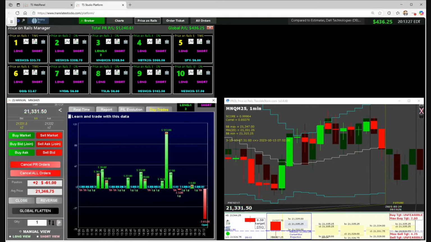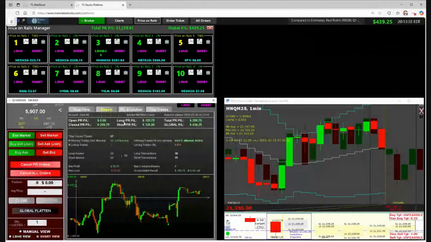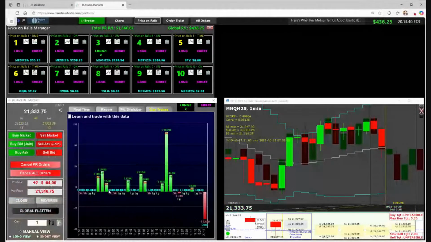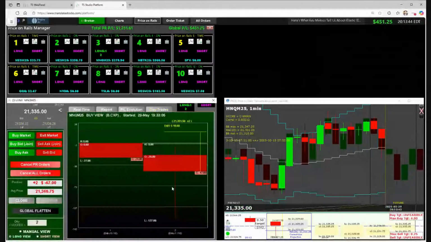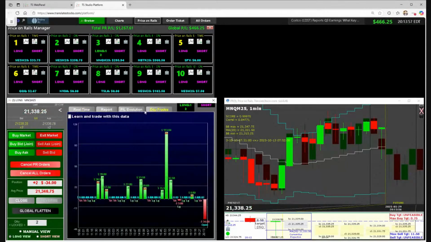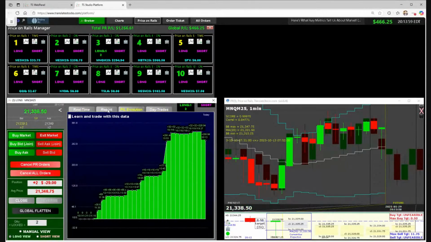And we have an exit on the first strategy with the MES, so we don't have that open position here anymore. This is the MES, and this is the MNQ, and we have these 2 contracts open. As I told you, we can go up to 16 different contracts, so it has a long way to go in this strategy. But this is the P&L, this is the evolution.